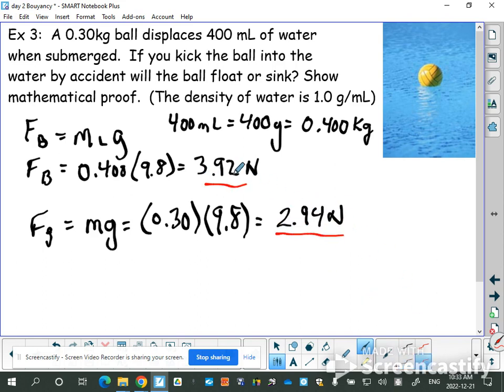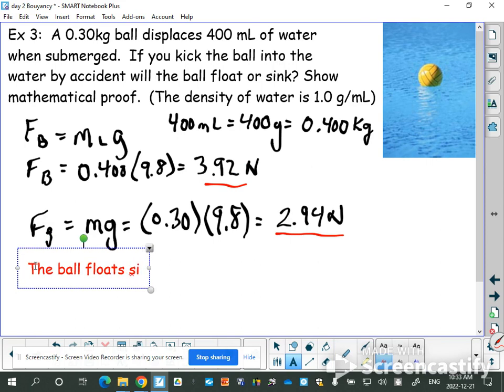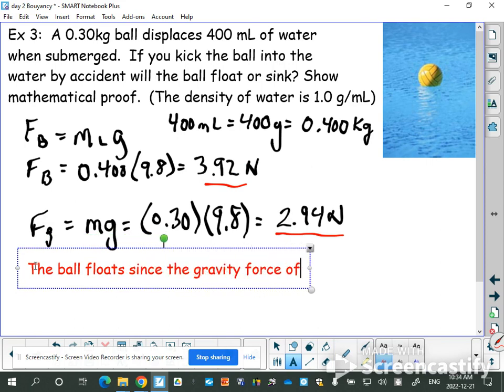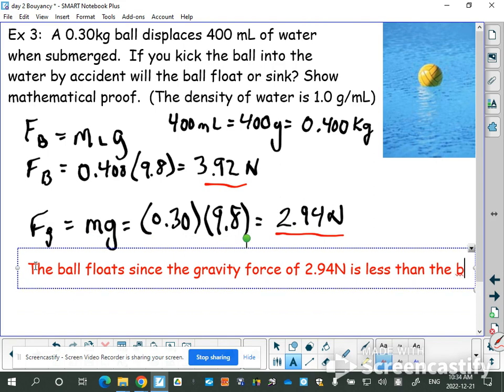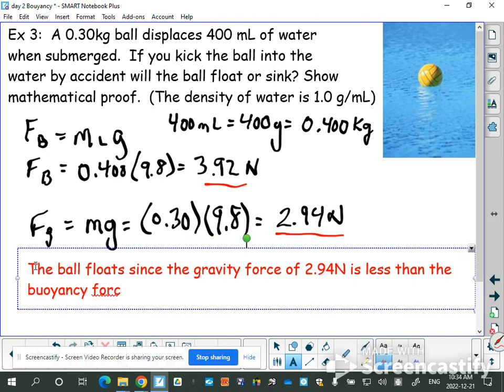Now you'll notice my gravity is less than my buoyancy, which means in this case, it floats, right? I can say quite easily that it floats. So the ball floats since the gravity force, 2.94 newtons, is less than buoyancy of 3.92 newtons. It's just a comparison. You can always tell if something